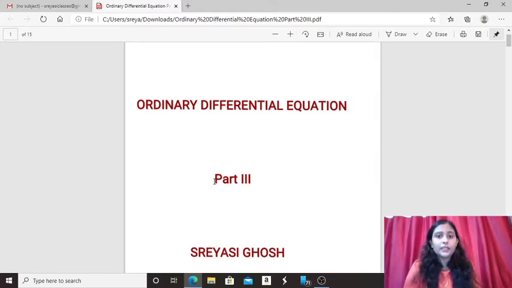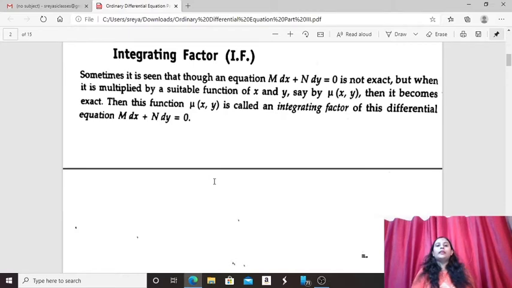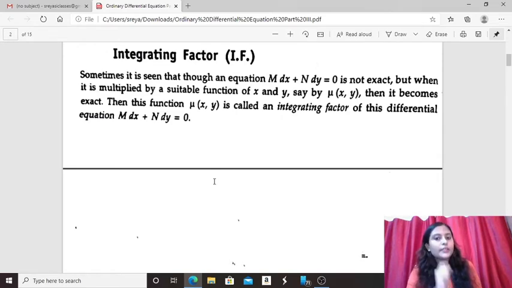Also, at times we can easily find it, but in cases where we cannot find it simply by inspection, we have to apply a few rules. The very first rule was already discussed in the previous class, yet for a brief recapitulation, I need to say that an integrating factor is for an equation M dx plus N dy equal to 0, which is not exact. For exactness we have to say that del M del y is equal to del N del x, then only we can say that the differential equation is exact.